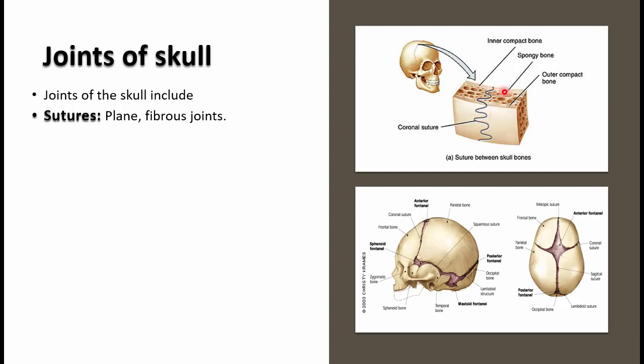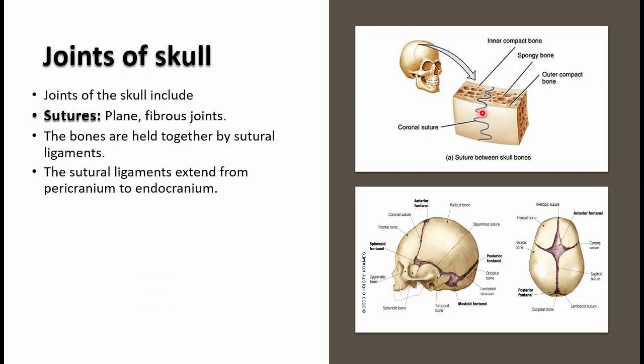bone is somewhat thin compared to the outer table, and it is covered by the endocranium, which is mainly formed by the endosteal layer of the dura mater. So these sutural ligaments, mainly what happens is they help to hold these two bones together, and they extend from the pericranium to the endocranium. Okay. Now,